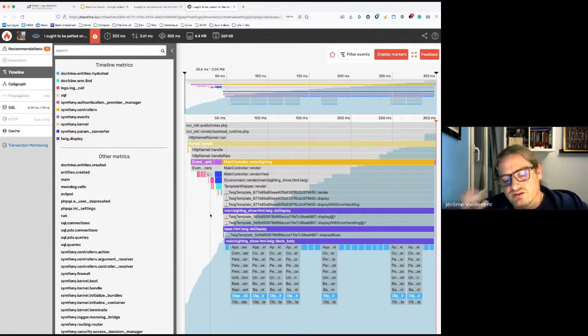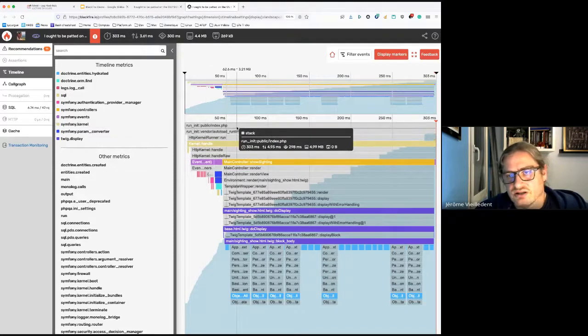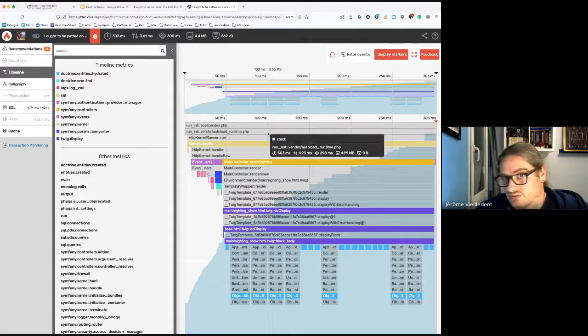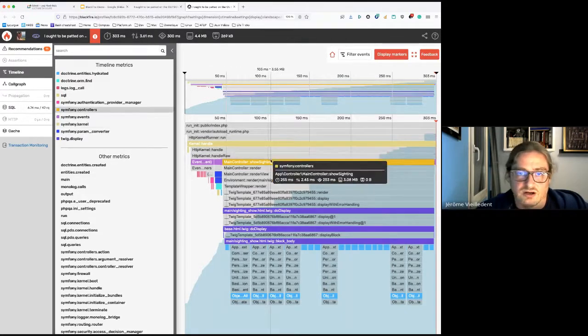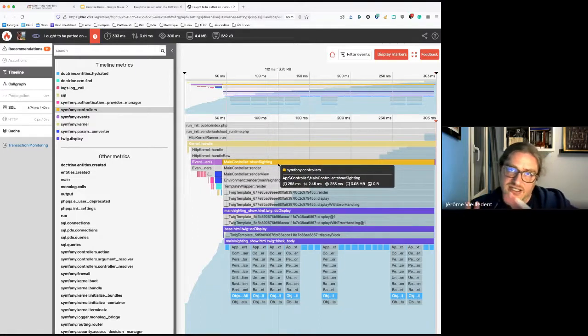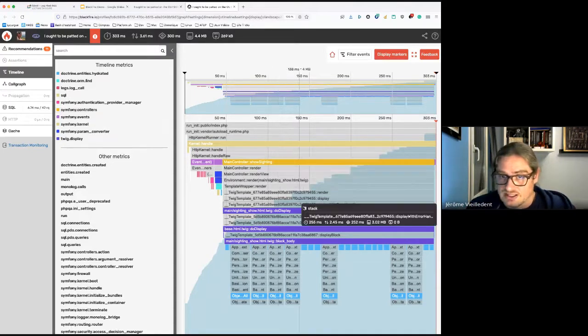And usually it's a good representation of what we developers have in mind. Each block here represents a function call. Some are colored because they're highlighted and detected as key metrics, like here, Symfony controller, or templates themselves.